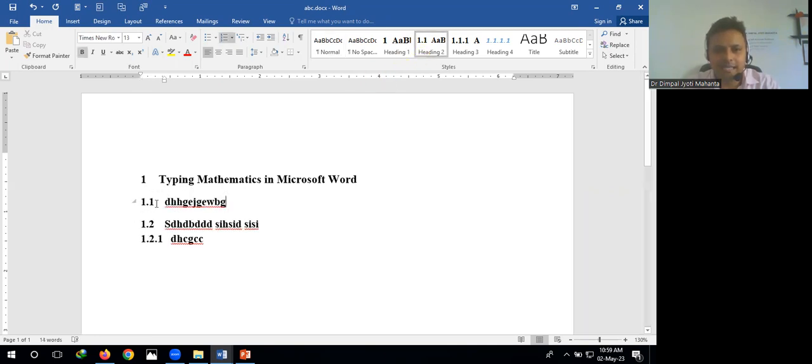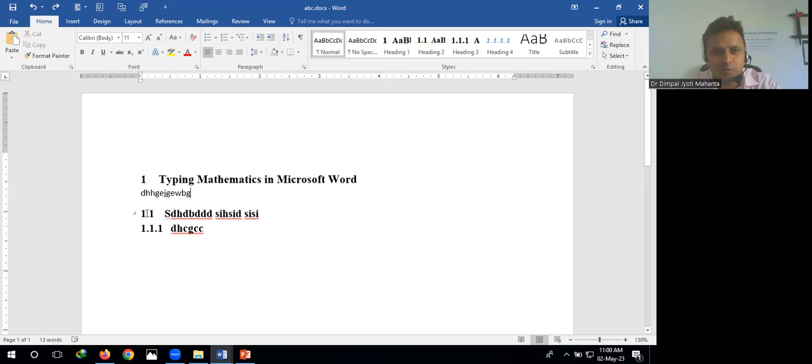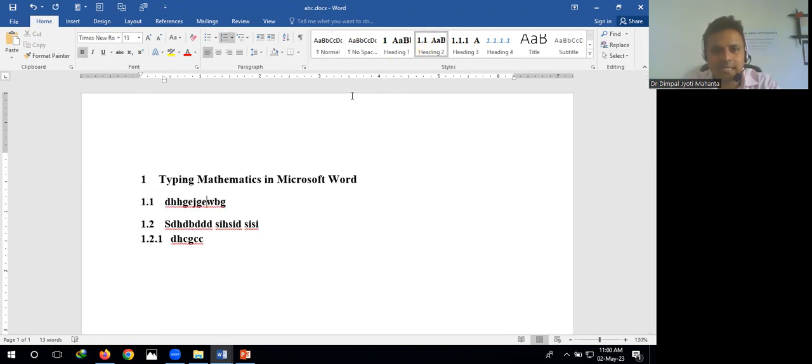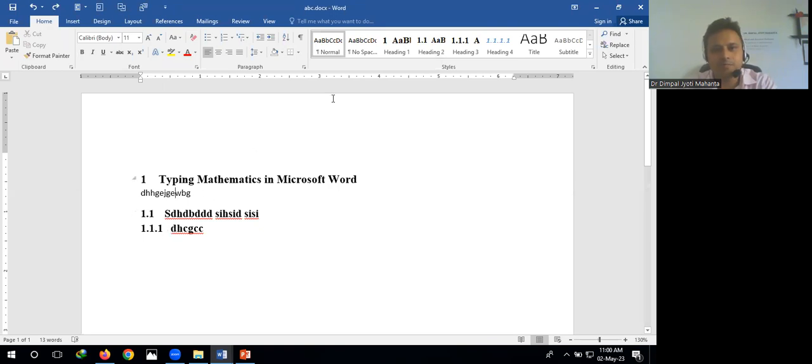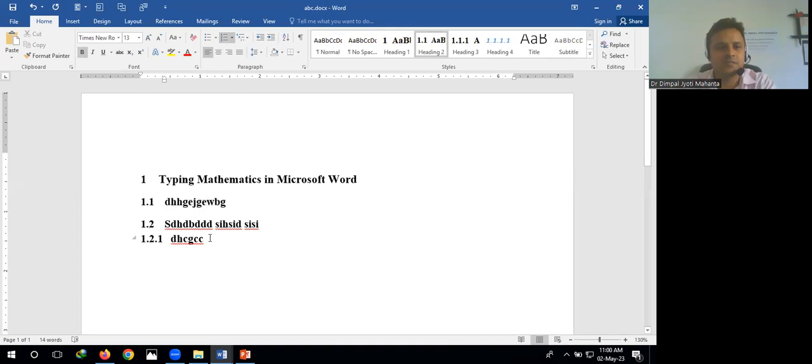See, this was my heading 2. So whenever I make this heading 2, the earlier heading number, which was 1.1, automatically converts to 1.2. So we are not doing anything. And similarly, this is also changing to 1.2.1. Earlier this was 1.1.1, but whenever we insert a new heading here, this automatically becomes